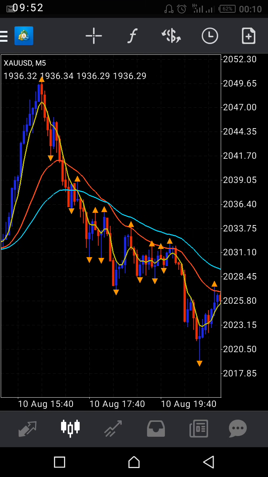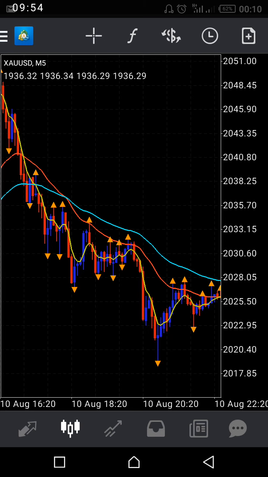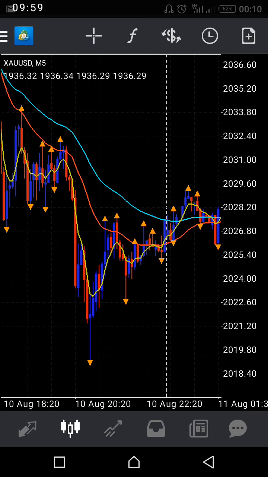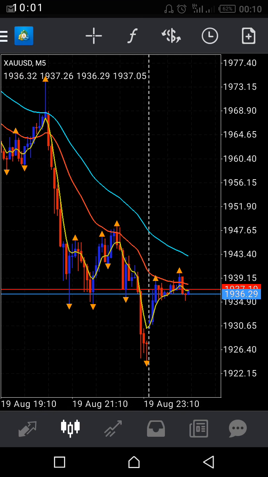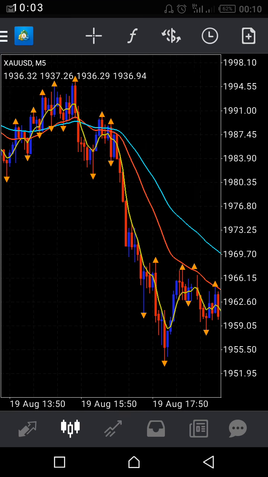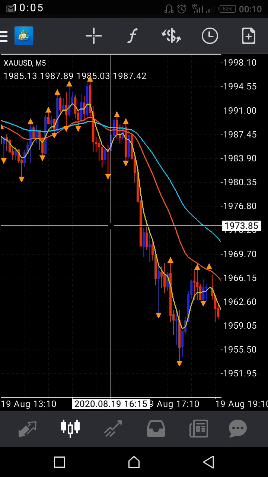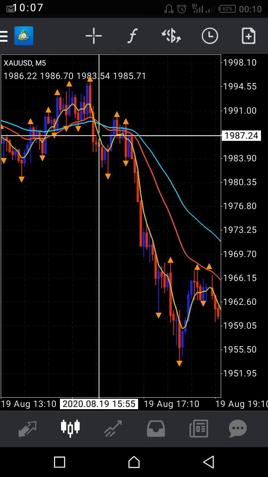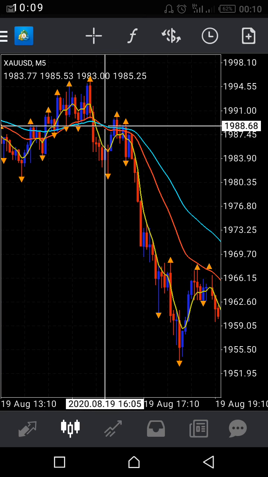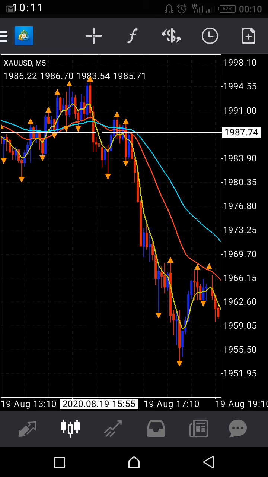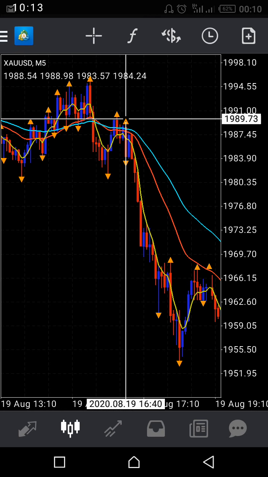Now the question is, how do you re-enter? Maybe you are in a trade right now, and you want to re-enter or increase your position. This is how you do it. Let's take for example this one. When you enter here, or you missed the crossing here, and you see this,